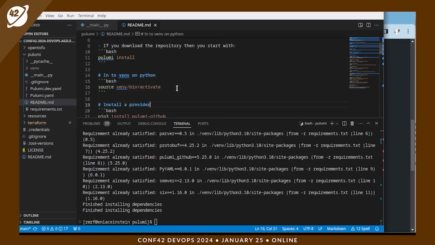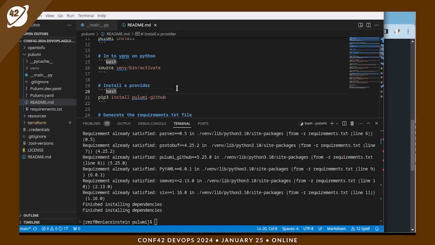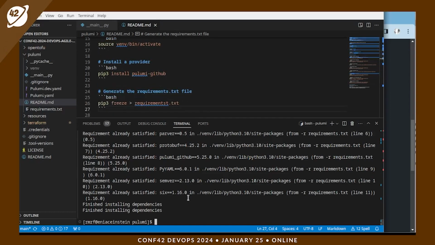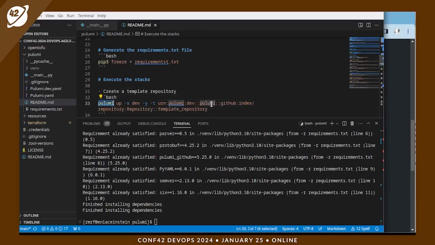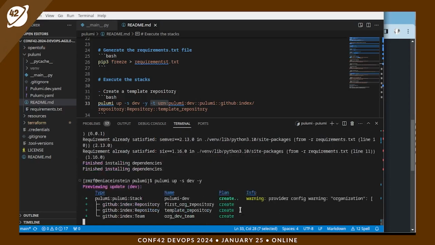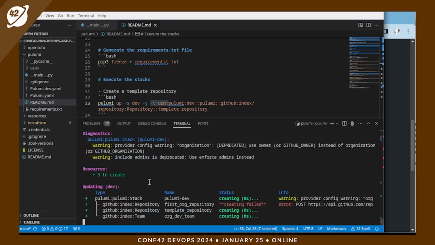So we can activate that and send the Pulumi GitHub. I already did that, and the Pulumi install works in the same way. You could skip this, which is related to how you can update the requirement files, and you can send here the same attribute as in Terraform, right? You can generate this for a specific target, or in a general way. So if we send this, it will generate 9 elements